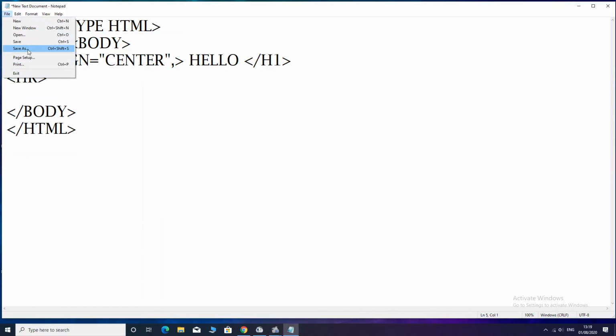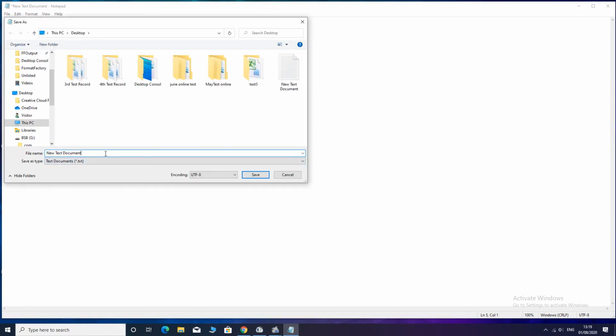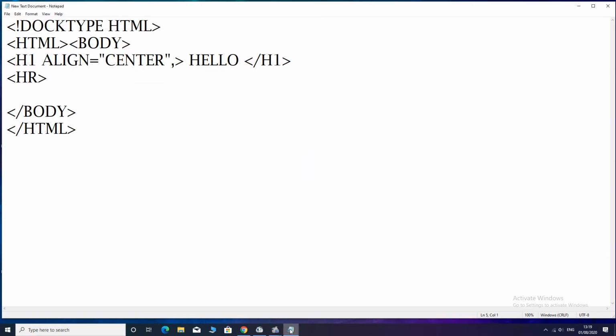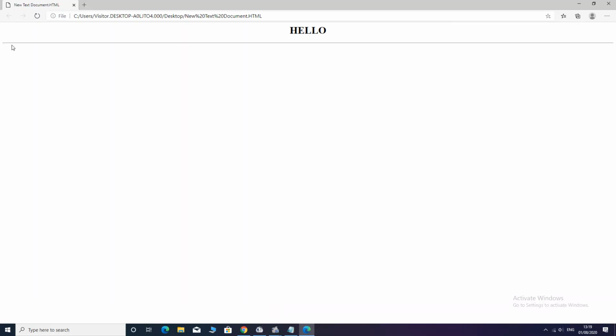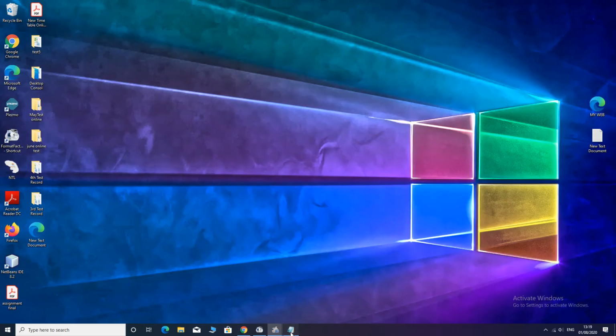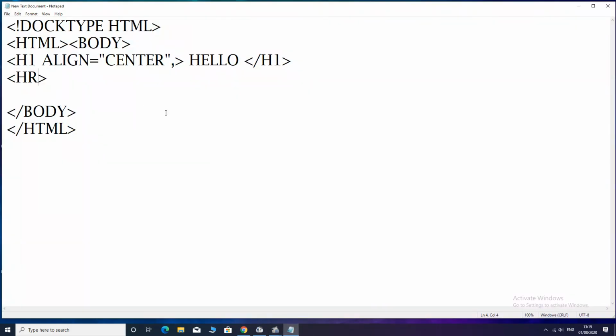Let's write the HR tag, horizontal rule. It will be displayed as a horizontal rule here. Yes. Suppose we want a rule in the color of, what type of color?